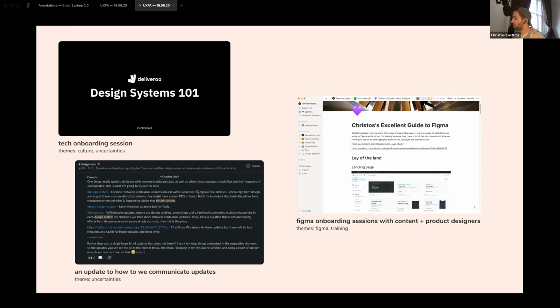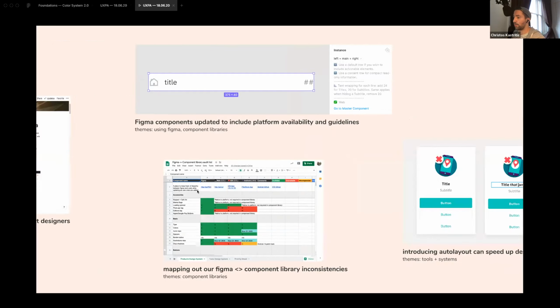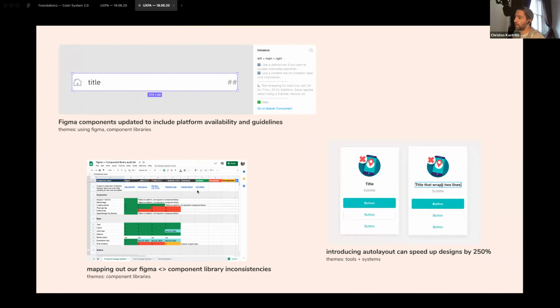And then a bunch of other things around introducing onboarding sessions for our designers and content designers, a rethink into how we communicate updates, and a couple of other tooling enhancements around introducing guidelines and platform availabilities within the component descriptions, and introducing auto layout, which can speed up designs by